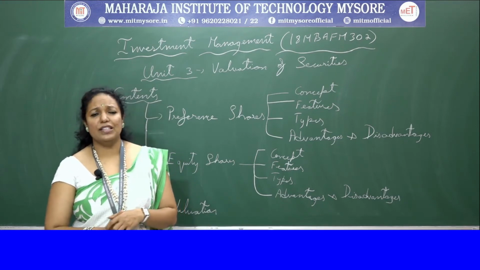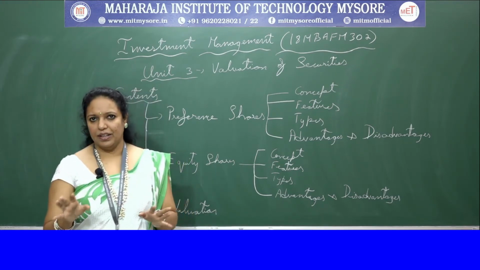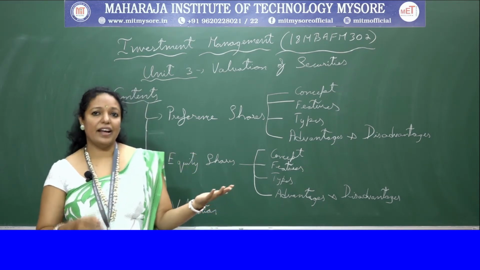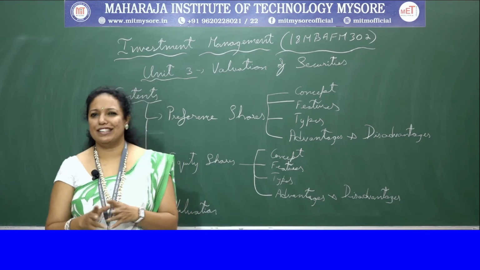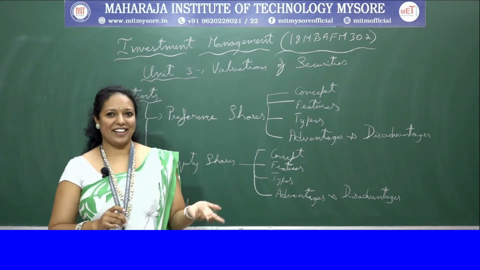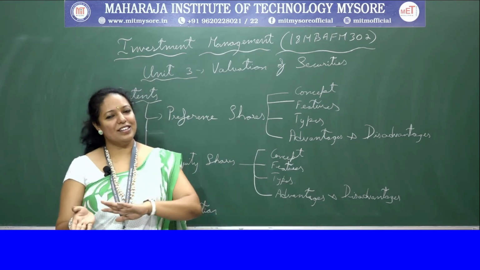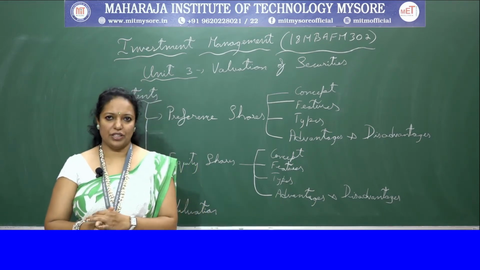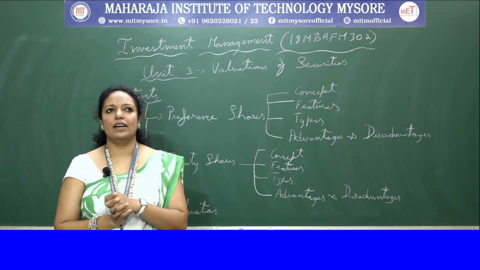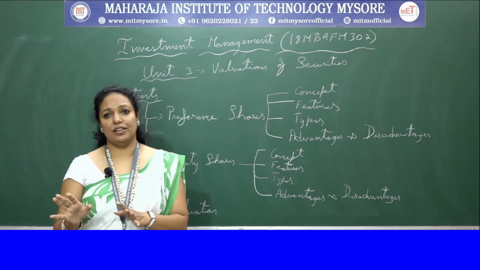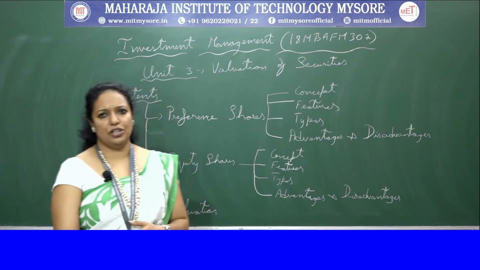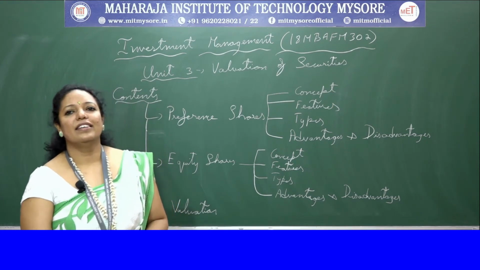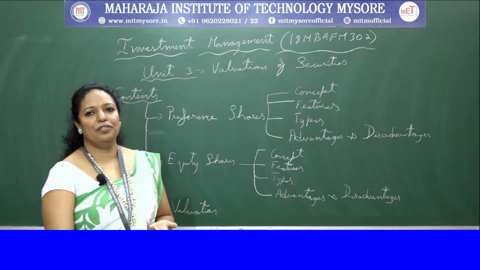Okay. An advantage of this sweat issue is that it is not transferable within 3 years from the date of allotment. They have to keep it for 3 years. It is like another term of contract. It's not a contract, but it's like a contract. And they do not involve any flotation or brokerage cost. A disadvantage is that it is issued again at a concessional rate, and there will be financial loss, and this will affect the liquidity too. Okay.